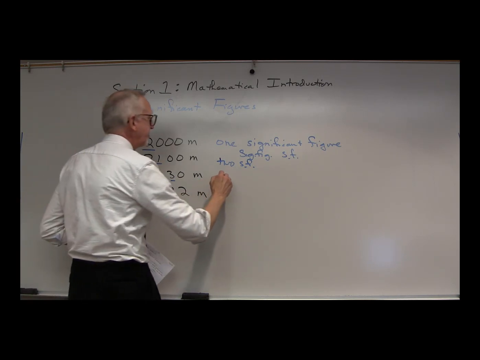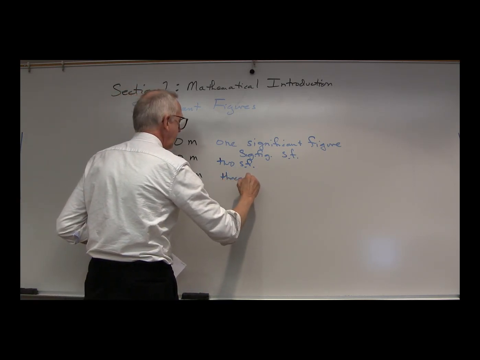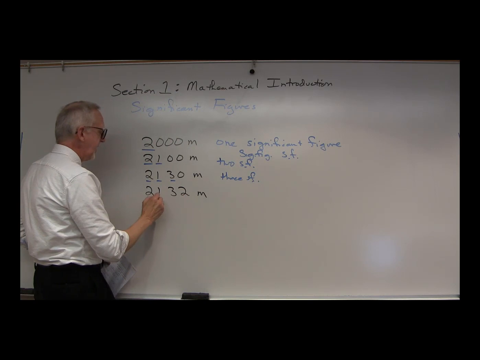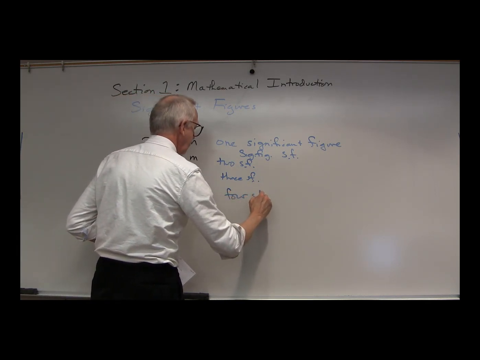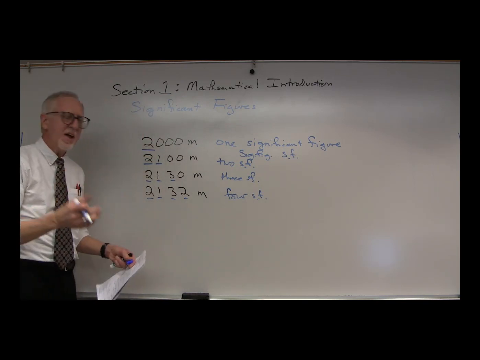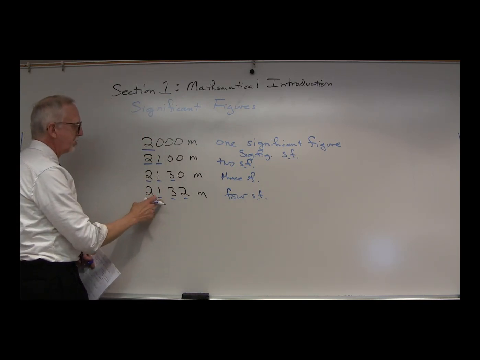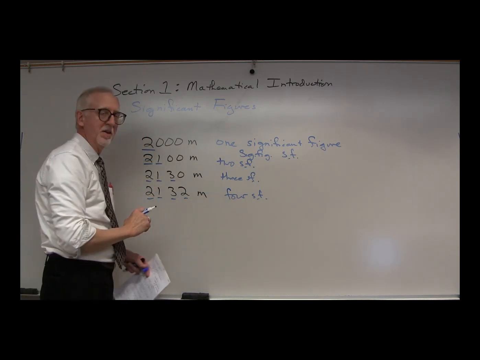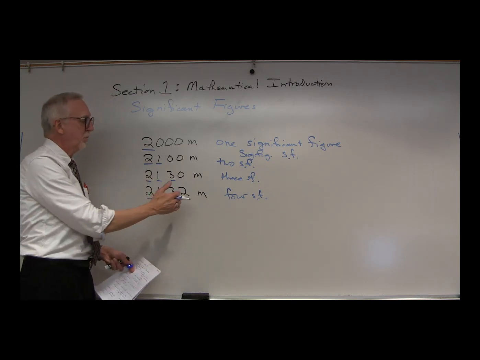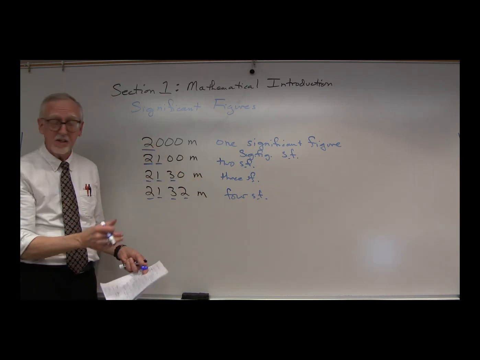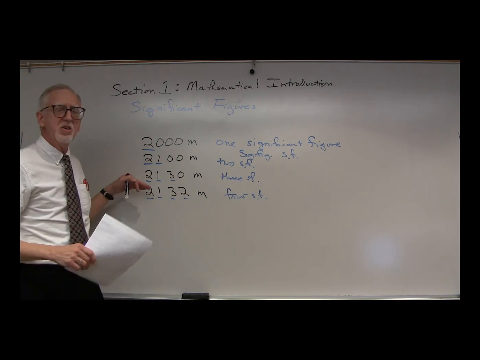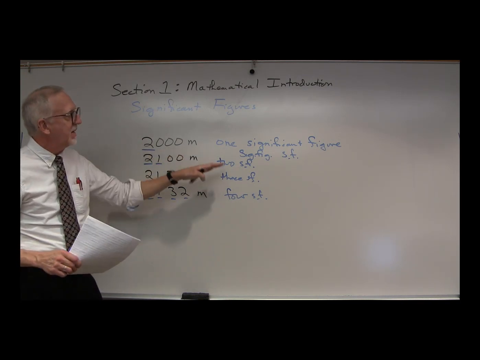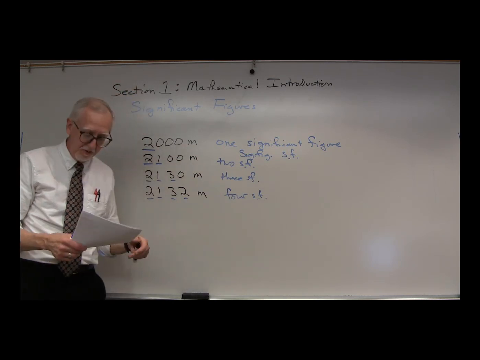2,130, we would say has 3 sig figs. 2,132 has 4 sig figs. Now, we might even have more, like 2,132.7. That would have 5 sig figs, or 0.78. That would have 6 sig figs, etc., etc. So we talk about the precision of a value in terms of how many sig figs, how many significant figures